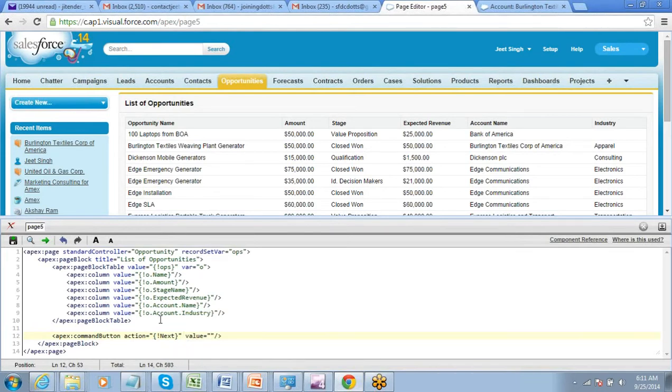Value can be next page, whatever you want, that can be the value.